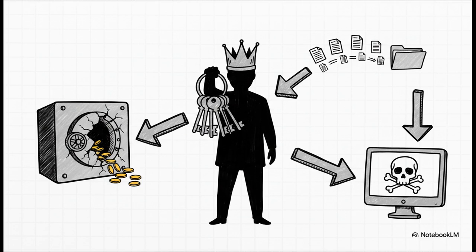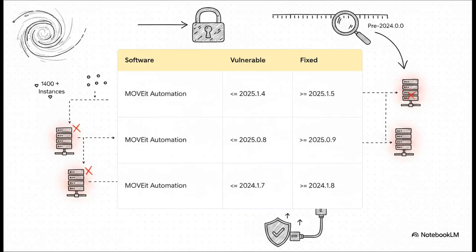Or they can execute system commands to deploy ransomware, or even chain this with CVE 2026-5174 for privilege escalation. This is a worst-case scenario for business continuity, and it is highly reminiscent of those devastating Clop ransomware campaigns. The scope of this is incredibly vast. All versions prior to 2024.0.0, as well as the specific version branches you see detailed here, up to 2025.1.4, are